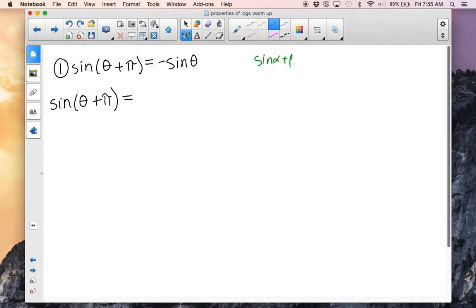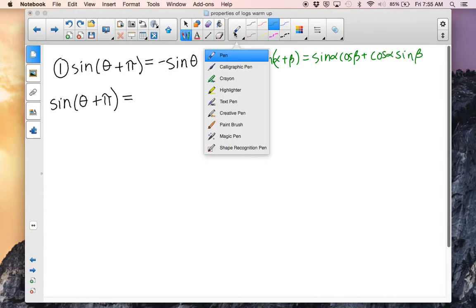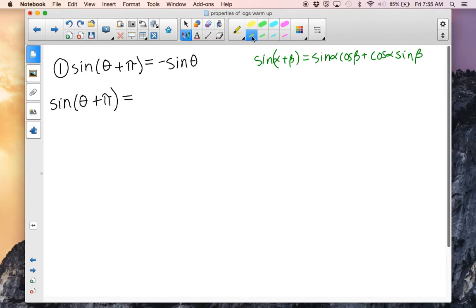Sine alpha plus beta equals sine alpha cosine beta plus cosine alpha sine beta. So now for this problem here, just notice that theta is your alpha and pi is your beta. And so all you're doing is you're just plugging it in. So this equals sine theta cosine pi plus cosine